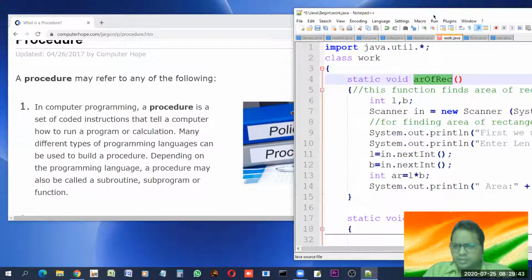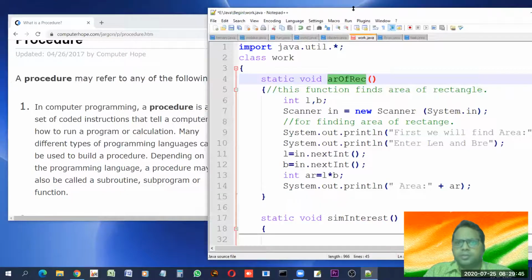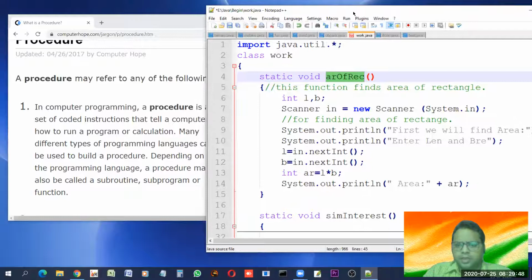In such a programming concept, we get our work done in a different way. What that different way is will become clear only when we compare procedural programming with object oriented. But how can we compare? We need to have an idea about both types of programming concepts, then only we can compare. If we have an idea about one, how can we compare with the other whose idea we have not yet got? So in order to clearly differentiate between procedural and object oriented, we first need to understand both of them. So first we are trying to understand what procedural programming is.